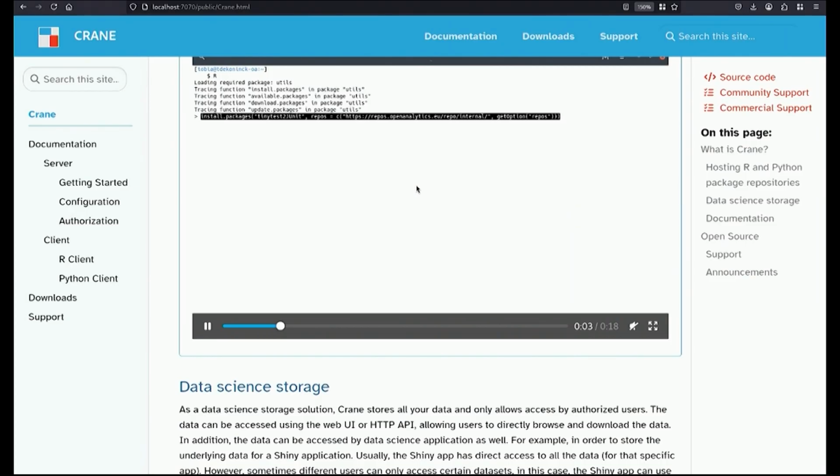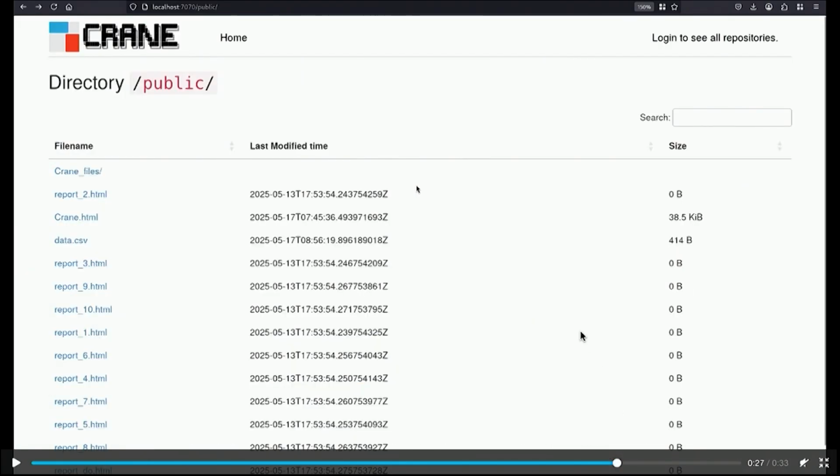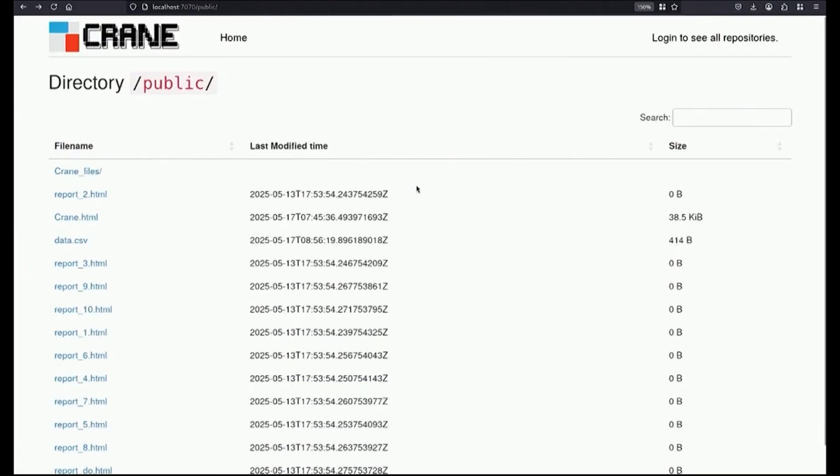One thing I would like to notice here is that Crane also provides upload capabilities. So in this case, the unauthenticated user doesn't have write access and thus cannot see anything related to upload, which will be different when we see, oops,